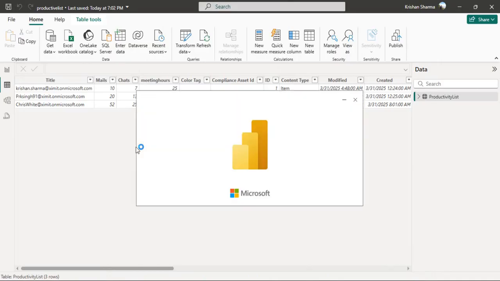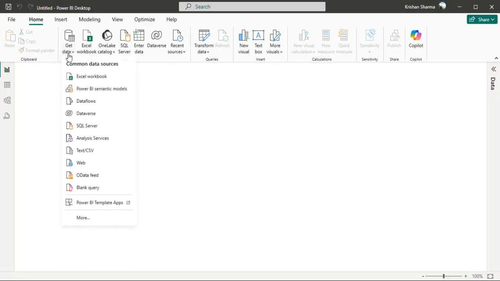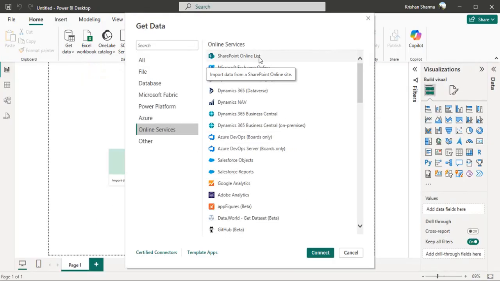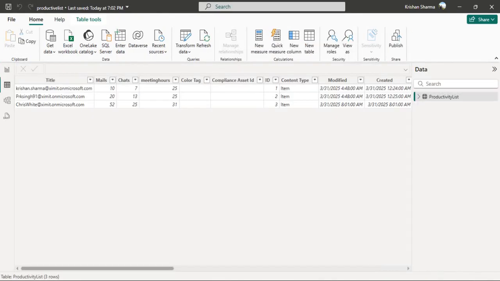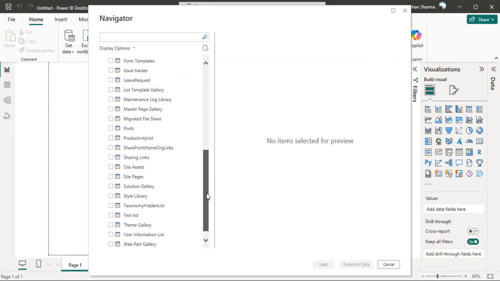And once you have this data with yourself, then you can just add that visualization into your Power BI dashboard. Though we are not pretty focused on how to visualize that data, I will quickly cover it if you wish to have that in place. So just click Get Data, select this More option, go to SharePoint Online List and connect. You can specify the site URL, copy the URL, select your list,